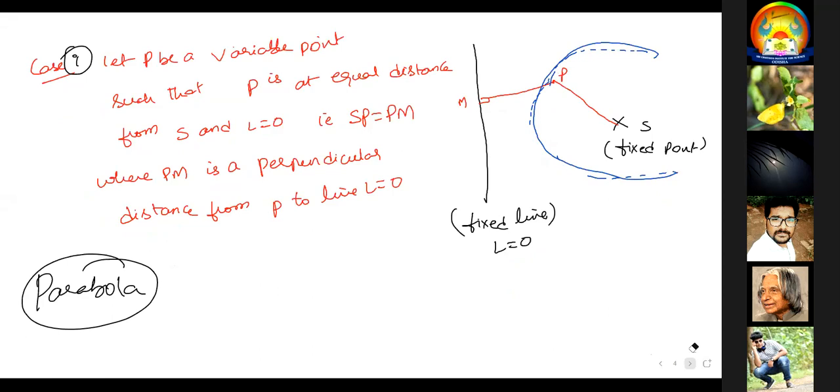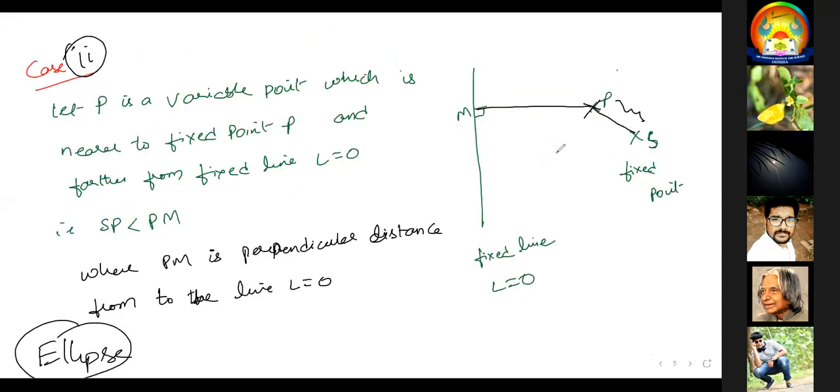If you collect these points, which are nearer to S and farther to the line, you will get this figure itself. Actually here, only half the figure will form, like a half egg, a semi-egg. Now what they'll do is add another fixed point here and another fixed line here, so they'll complete the egg.